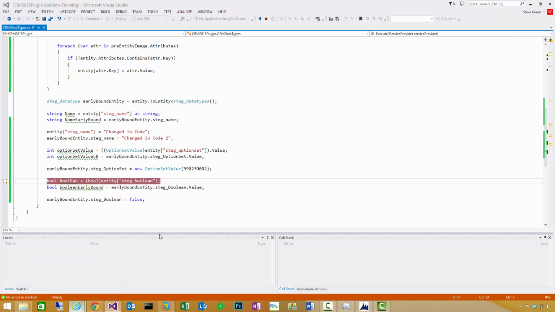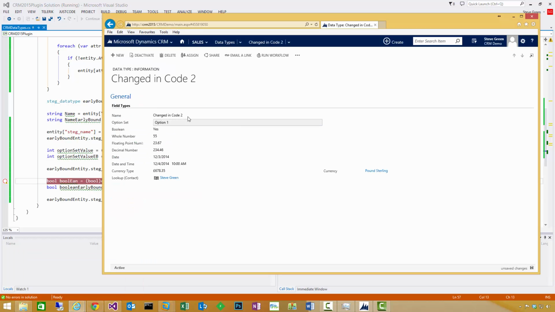So go back to our record. I'll change this back to option 1. I'll just put test in there. We can see our Boolean is currently yes. So when I hit save,